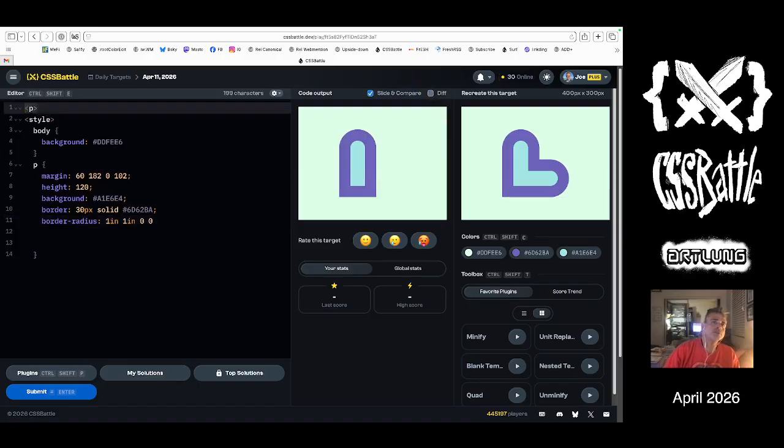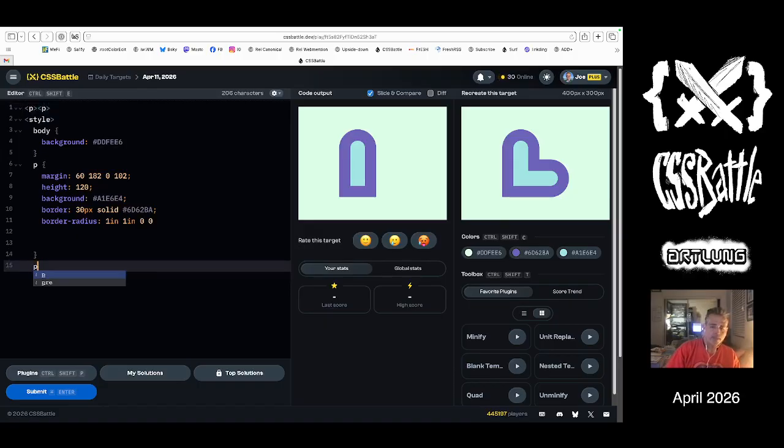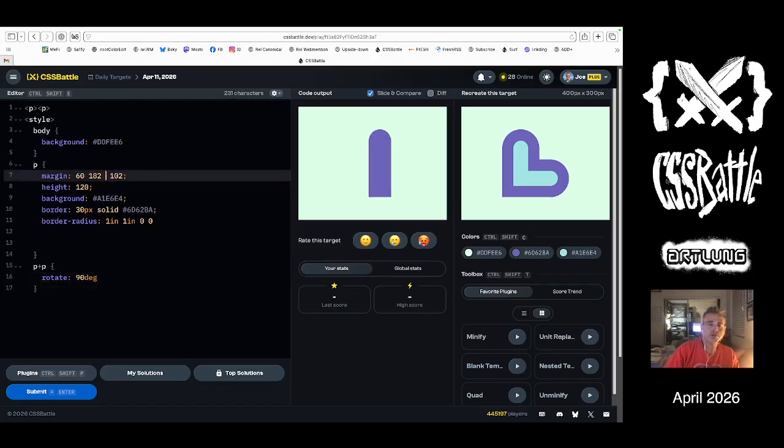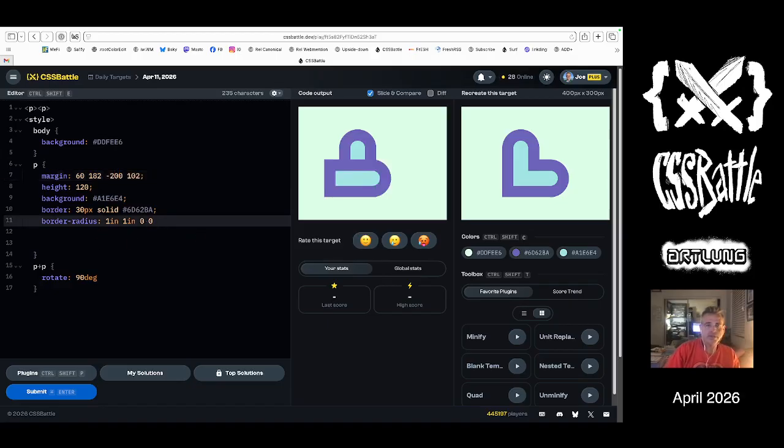And now we have a second one. So the second one, I'm going to set a rotate 90 degrees. Now we can't see it because it's too far away. I believe we need a negative margin here. Minus 120, 30, 40, 50, 60, 70, 80, 90, 200. And this is a lot of characters, but I believe to make that rotate work perfectly,